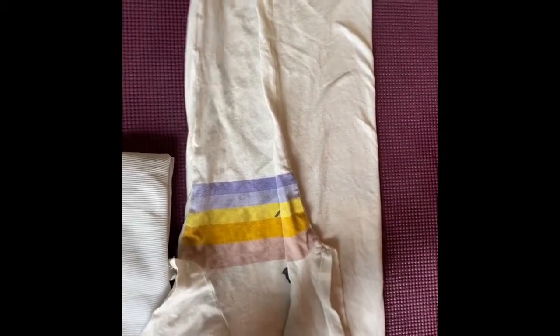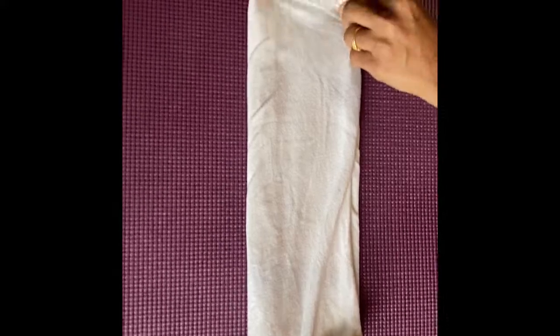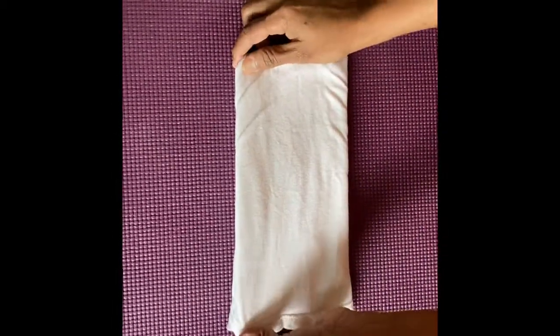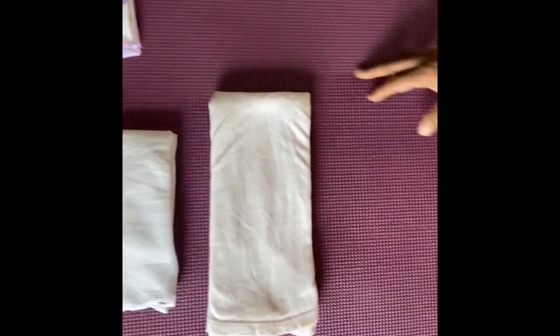The same way, bring the other end of the shirt and the sleeves on the top. Do you see how thin the shirt has become now? So hold one end of the shirt and bring it to the other end. Press it and make sure there are no foldings on top. I have finished my